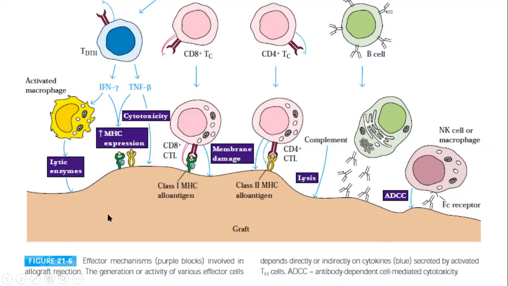We will take each and then we will briefly discuss here. Given the interferon gamma, TDH cells activate macrophages and lytic enzymes, which is one process to kill the graft. Here the host immune system is killing the graft. On the other hand, the INF gamma and TNF beta together may encourage one more process called increased